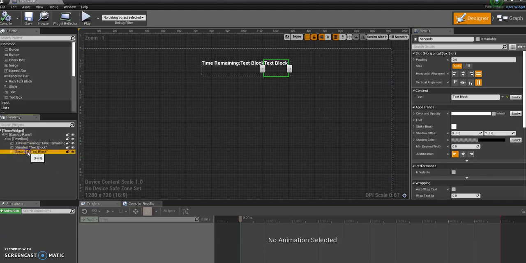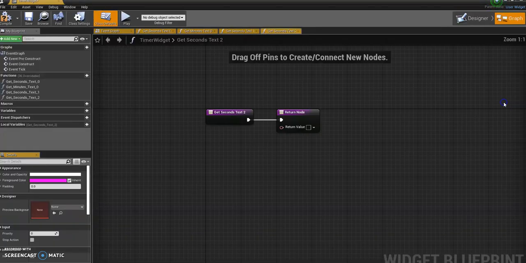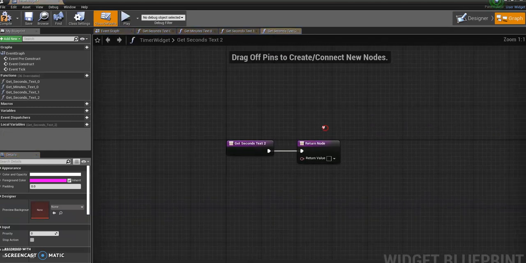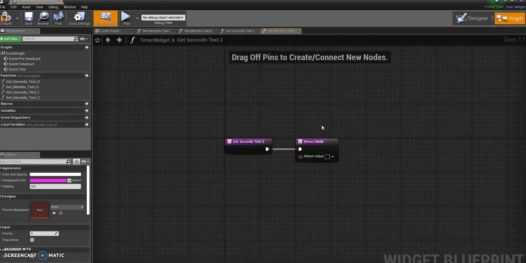So in order to do that, we're going to go to seconds here. We'll start with seconds anyway. Where we've got text, we can tell it what to say. It just says text block. There's an option here to bind it, so we can bind it to the variables that we made. So click that, create binding. It'll take us to here,